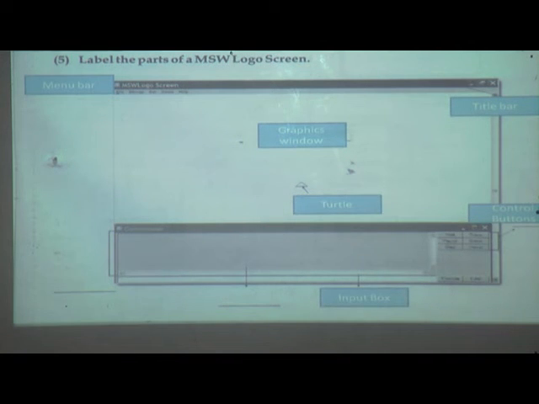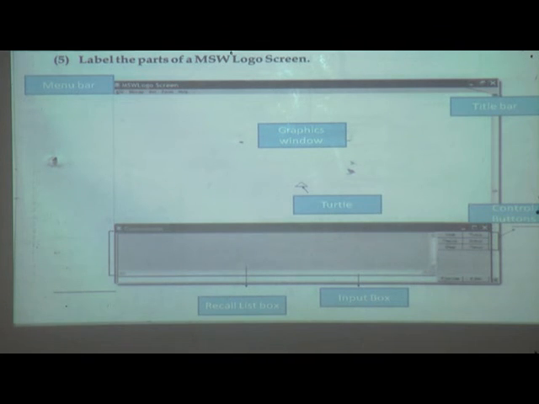Now input box. Downside is the input box. Then upper side, what is the name of this box? Downside is input box and upper side is recall list box.